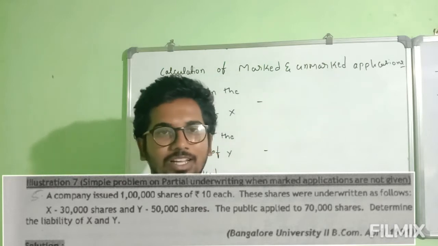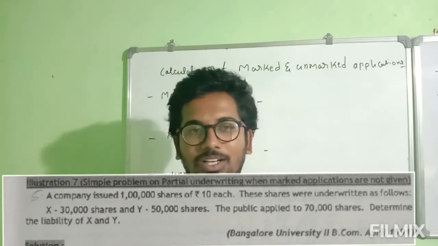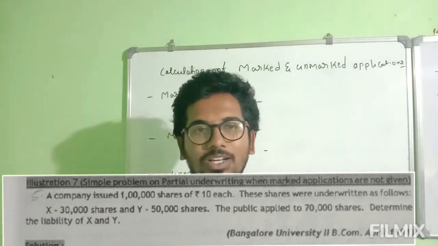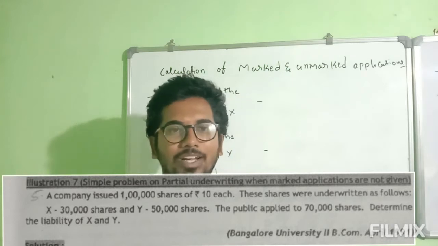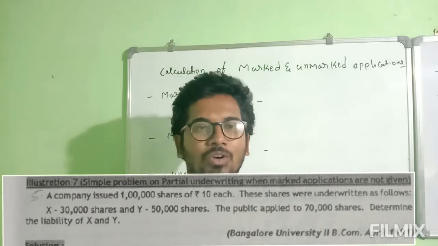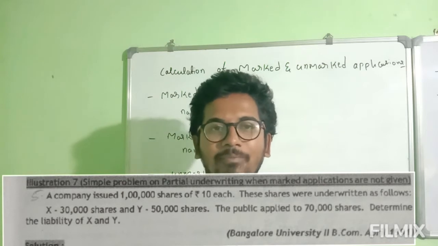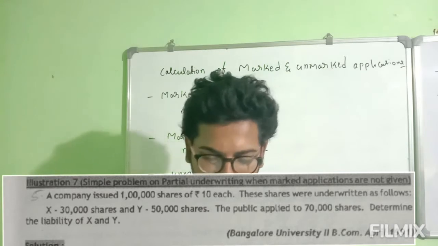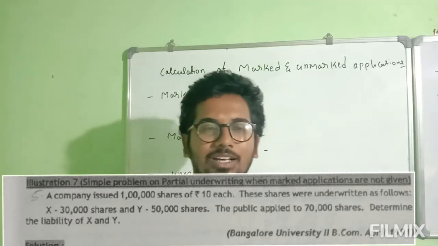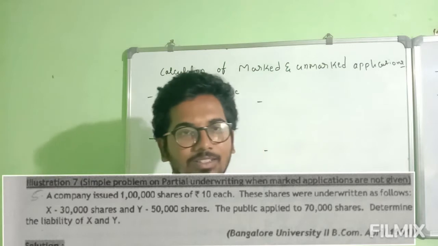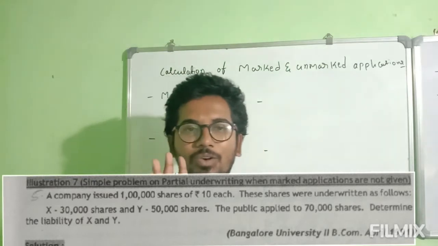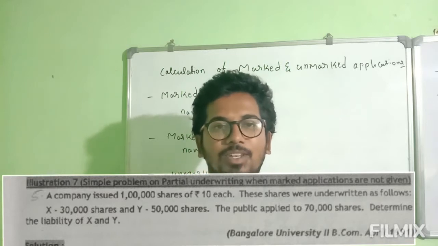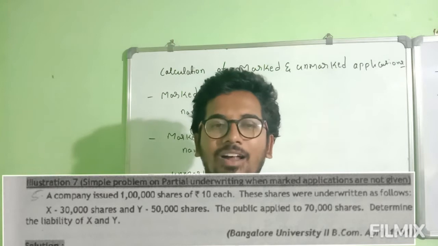So we should observe one thing: unmarked applications are not given. Whenever in the question marked applications are not given, we have to find out both the marked applications and unmarked applications. Moreover, we note that this is a sum on partial underwriting. Partial underwriting means the company also had some liability here. That means the entire shares were not underwritten by the underwriters. So whenever the question is in this condition, we should apportion the public subscription to the underwriters along with the company in